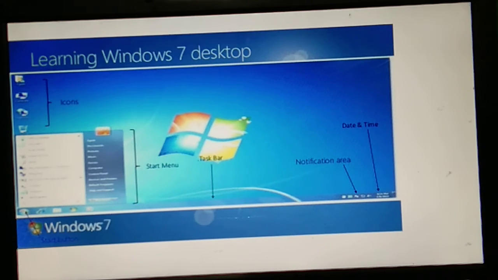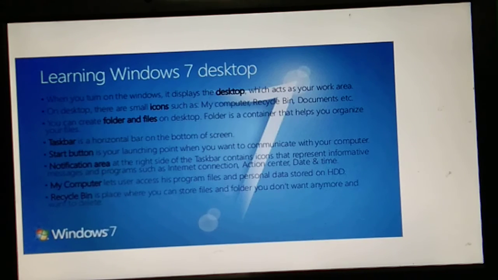So all these features are included in your desktop. So now the question arises: what is the meaning of icons, folders, files, taskbar, etc.? So you can create files and folders on the desktop by clicking on the folder or files button.